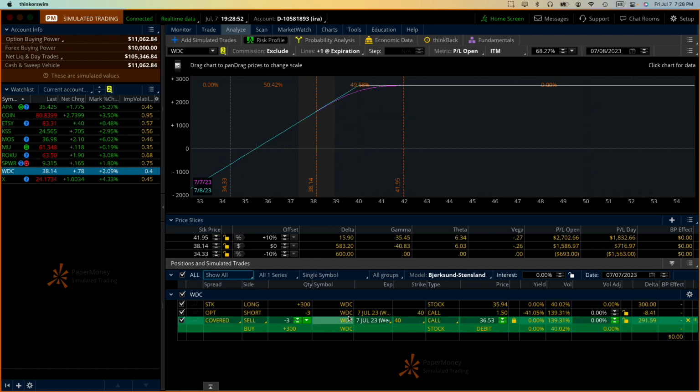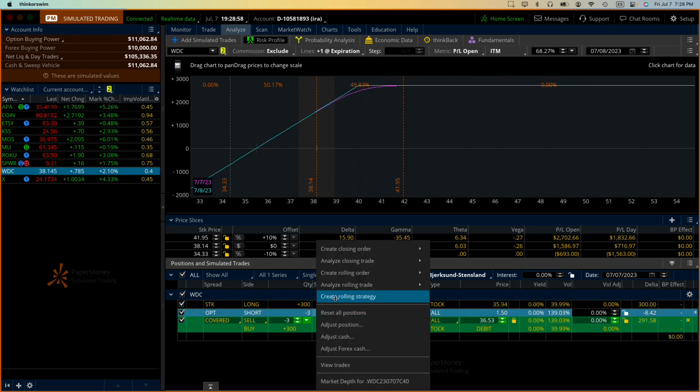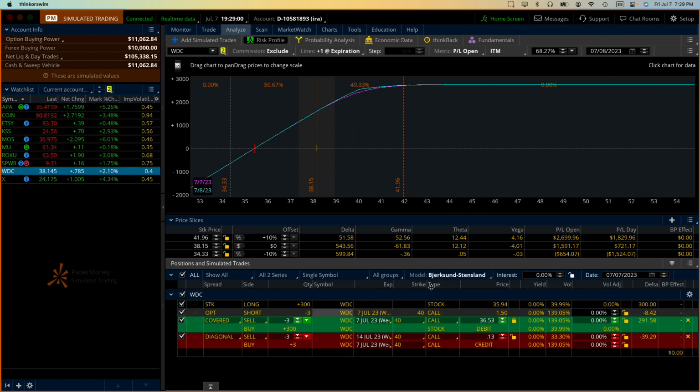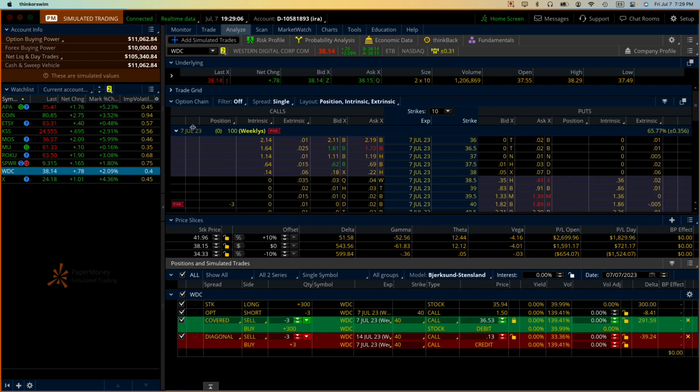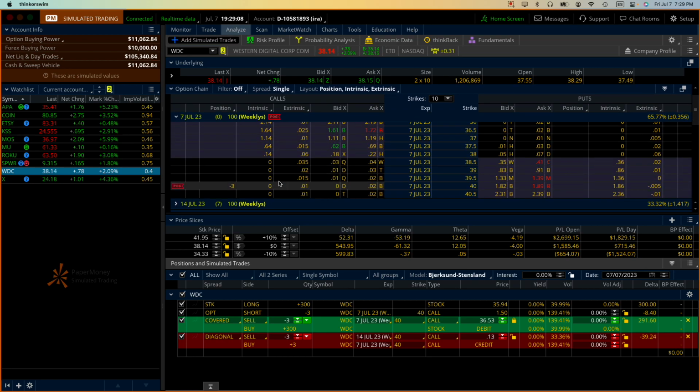And here we are, and this expires today. Okay, good. So we're going to close this. So I'm going to analyze rolling. The only question is, what am I buying back? I'm buying this option that I have. What is the extrinsic value? Zero. That option can be expired worthless, but I want to close it, even if it is at 1 penny,